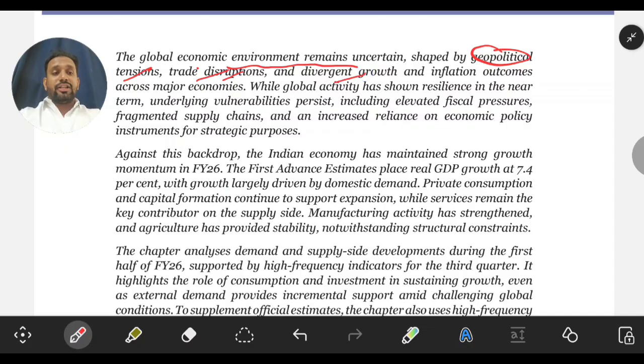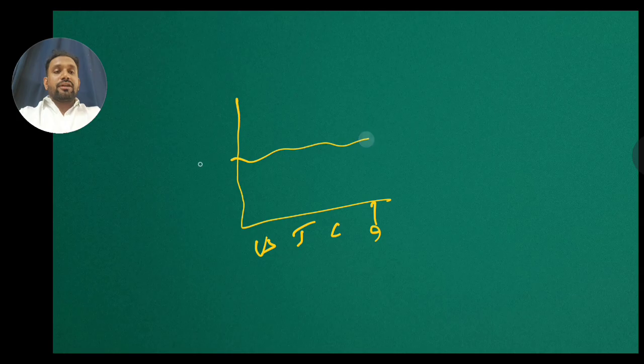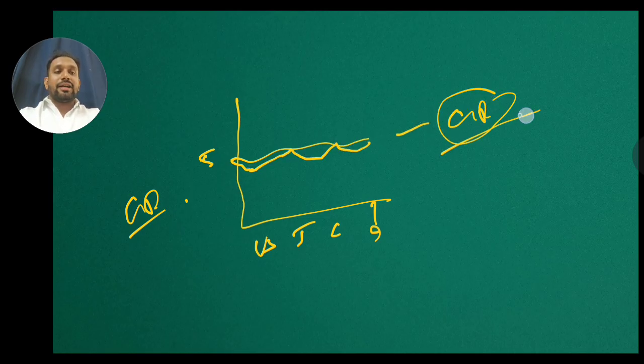Divergent growth is nothing but, you can see this way. Let us suppose this is the USA, this is Japan, this is China, this is India. All these countries are having, say, a 5% growth rate. Okay, around this, the USA growth rate is this much, we are having this much, like this we are having. This is called what? A normal growth rate across the countries.